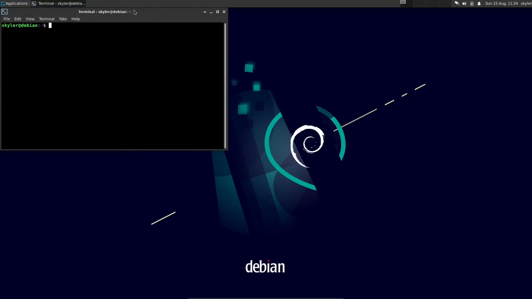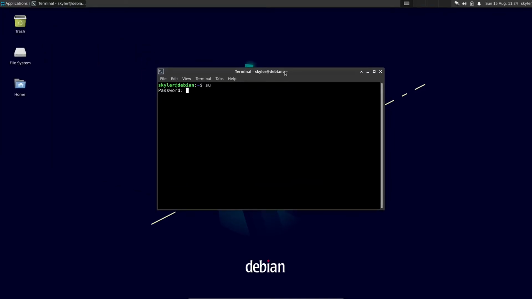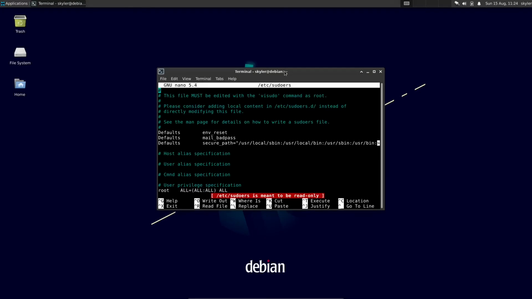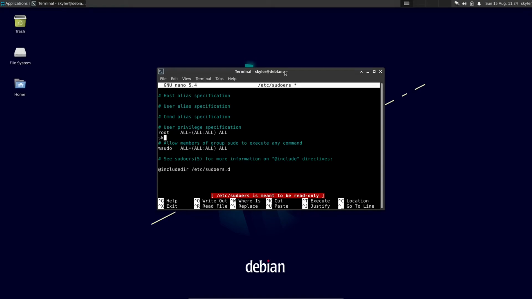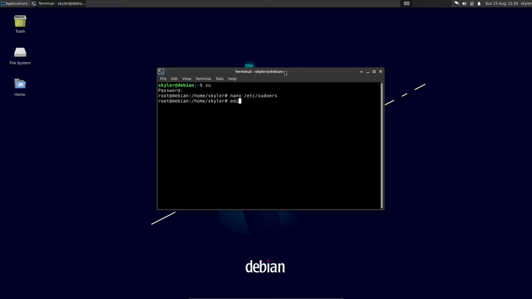By default, your user does not have sudo permissions, so I'm going to add, in /etc/sudoers, the user to this file. Or you can add it to a group and then add that group to the sudoers file. And there's also a